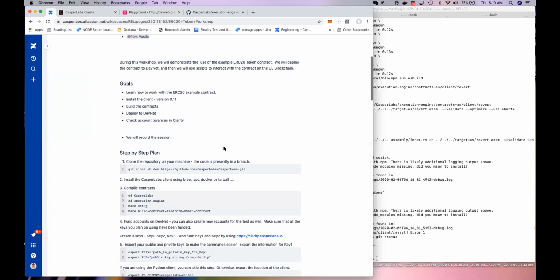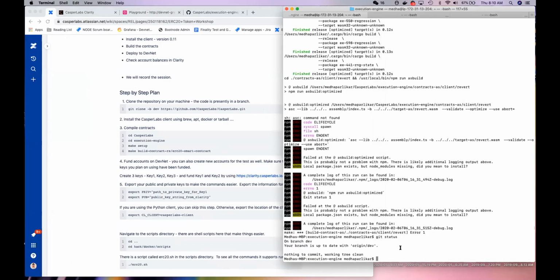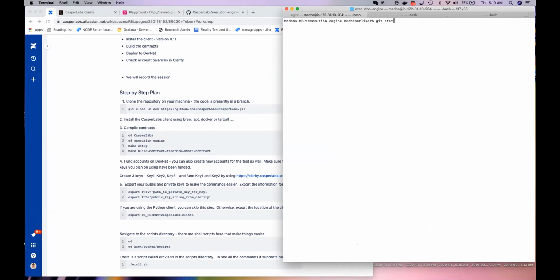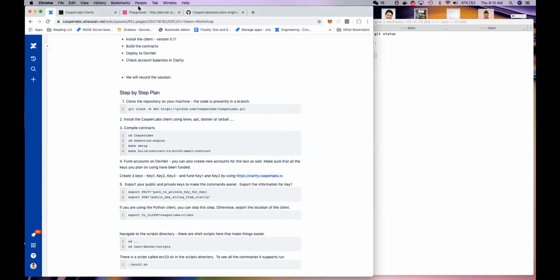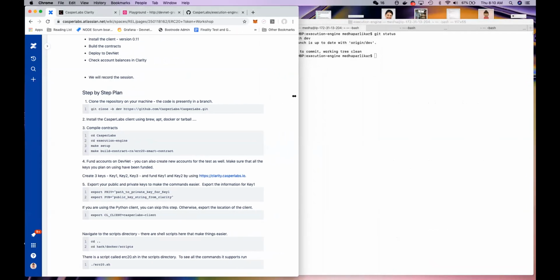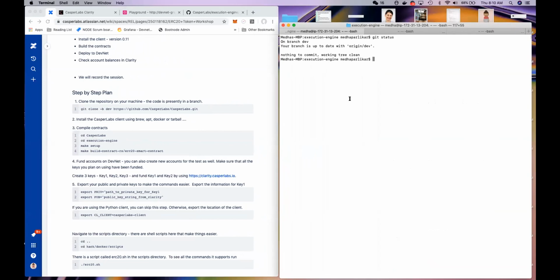So let's get started. The first thing we need to do is just get the latest version, either do a Git pull or a Git clone. And I'm up to date with dev, so I don't need to pull anything. We're working off of the dev branch today. And then we'll want to go in and compile the contracts. So I'm going to do make build